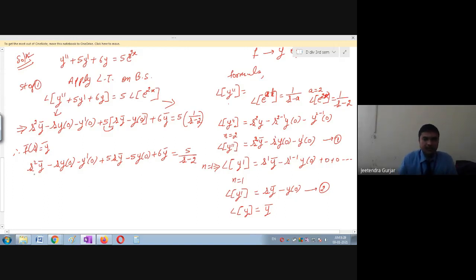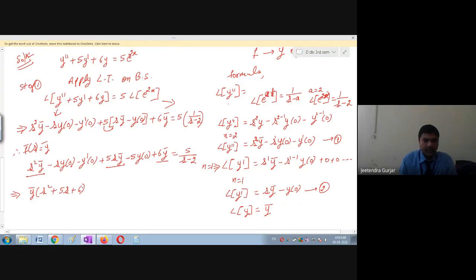Okay, so let us see where are y dash. Here we have this is 1 and this, so 3. You can see I will take y dash common from this equation. What are the terms remaining here? This is s square remaining, plus from this one you can see 5s is there, so I will take 5s, plus in this you can see 6 is there, therefore I will take this as 6.